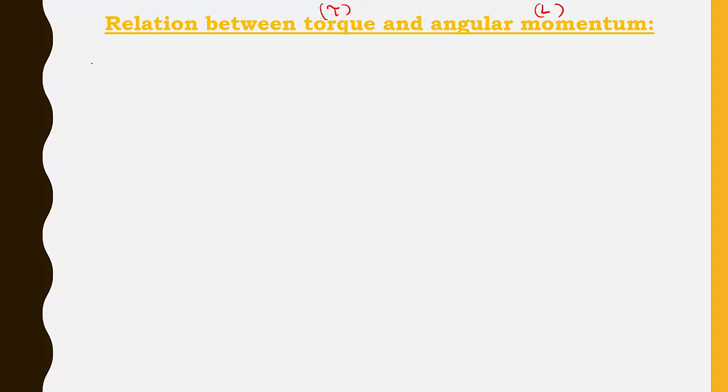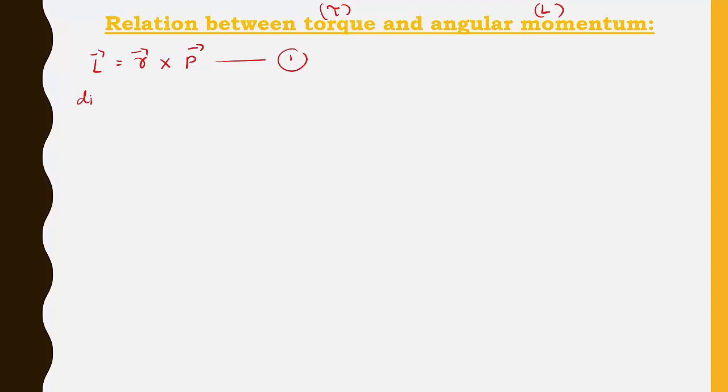Right? So now directly I am going to consider the angular momentum equation. Angular momentum we can denote by a small letter or a capital letter, there is no problem. So L equal to, we can write the equation, R cross P or P cross R. Both are the same. This is the equation of what? Angular momentum. Let us take it as equation 1.